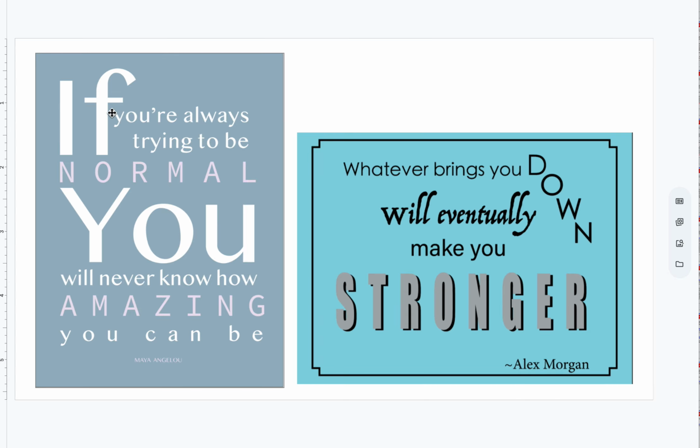Another strategy is to make one word larger and stack 2 lines of secondary text on your quote inside that one word. Another strategy is to justify or make both the left and the right outside look like it is a straight line and has a border around it. Another strategy is where this word down kind of hugs the words and creates a frame. And another good example of that one was,